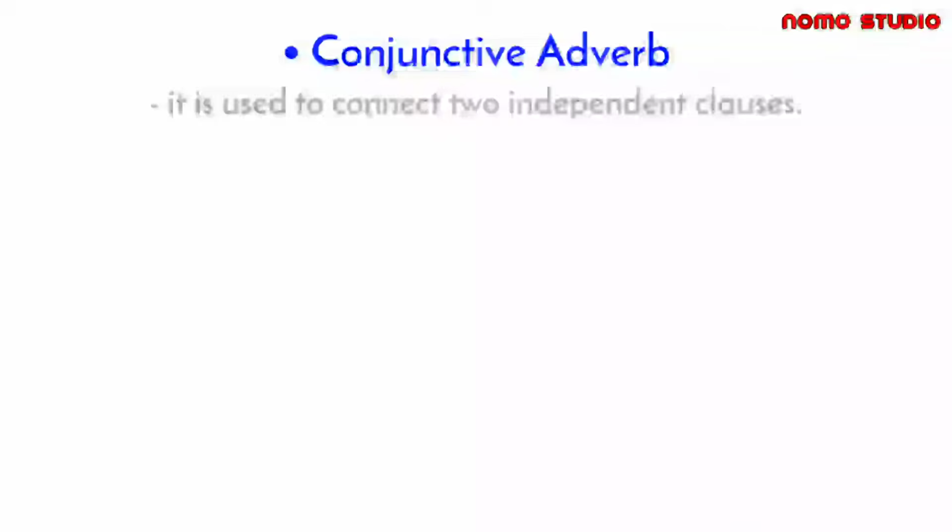Wait, I'll just add this one. Conjunctive adverb. Even though conjunctive adverbs are still conjunctions, they are different from the three mentioned types of conjunction, since they are not used in the same way. They are used to join or connect two independent clauses. These words are technically adverbs, but perform the same linking function as conjunctions. Some of the conjunctive adverbs are as follows.